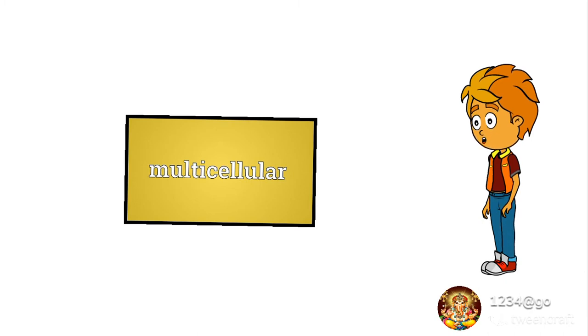This is because the cells of the organisms have specialized into different types of cells, such as muscle cells, nerve cells, bone cells, blood cells, sperm cell, white blood cell, etc. This is due to the fact that there is a division of labor in multicellular organisms. Division of labor means that different types of cells in the body perform different functions.